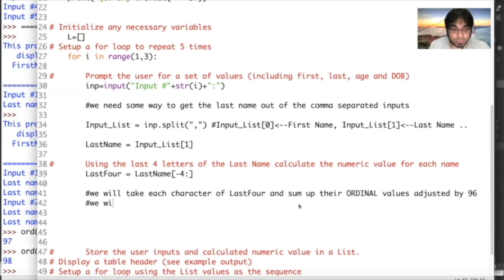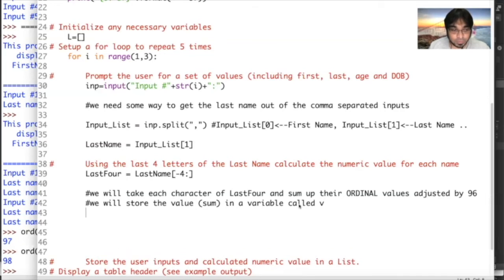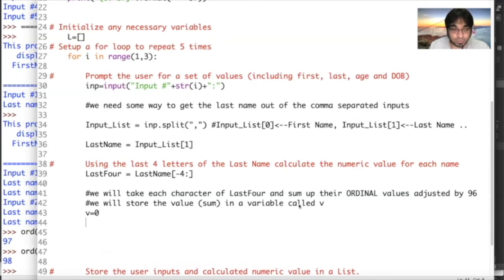So we will store the sum in a variable called v. So let's initialize v to be 0. And now we'll do the loop through the characters, all right? So let's do for x in last 4